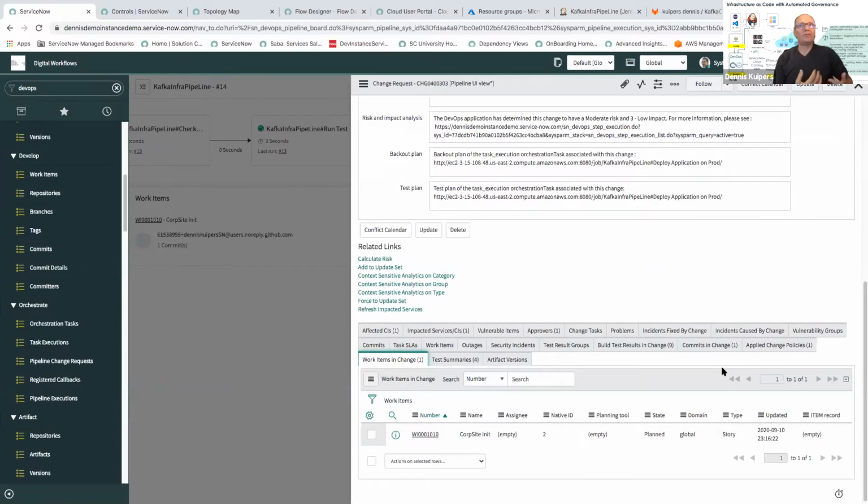So if I have to prove something, like, has this been deployed? Then what I have to do is go to this change and open it, so I have all the information. From a traceability and auditability point of view, this is really great. As I said, this is basically the change request between the deployment of the infrastructure and the deployment